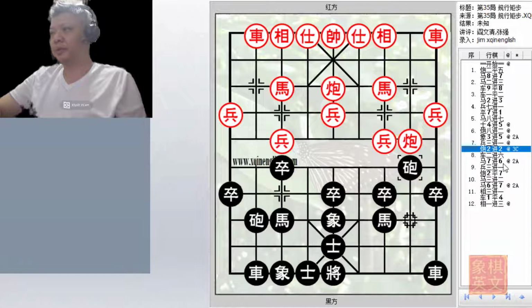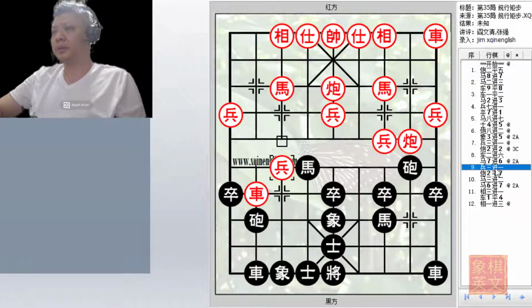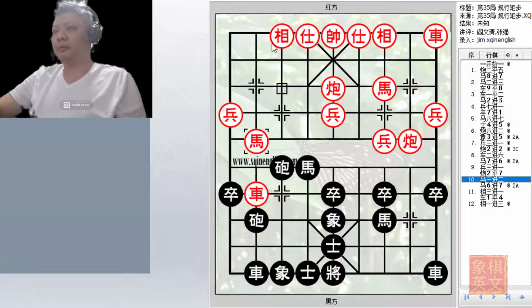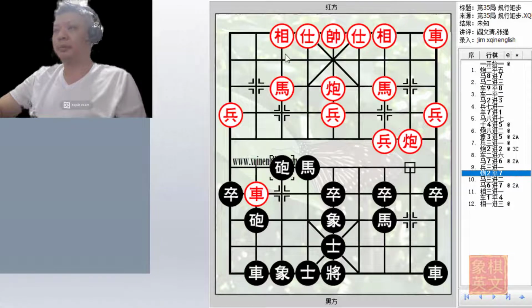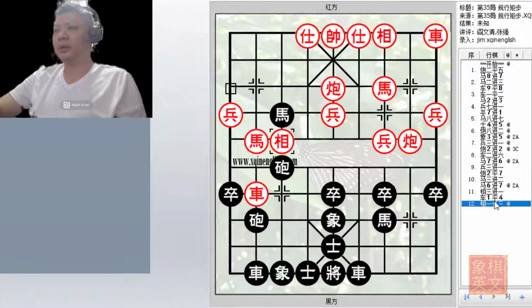Variation B, c2 plus 2. Again, red attacks aggressively, h7 plus 6, p3 plus 1. Now black would be prepared to capture the elephant and thus capture the chariot. But red will simply move the horse away, 6 plus 7. And red would have a nice defensive formation. Black would not have any targets for attack, and his left flank was still pinned,